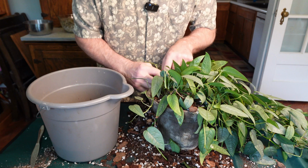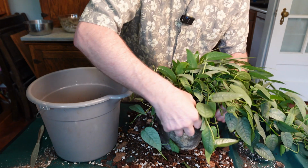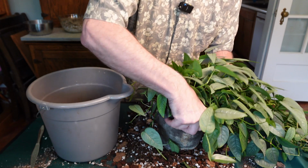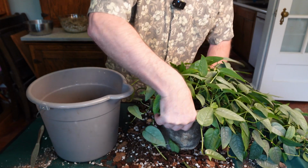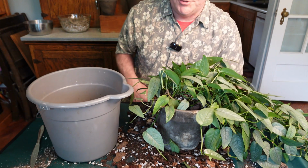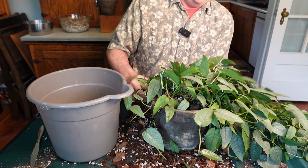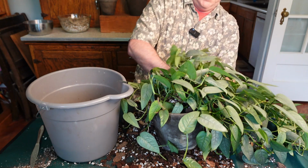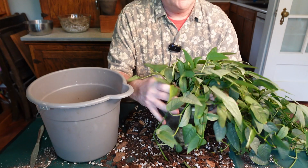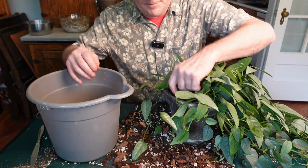And I'll just kind of gently push it in along the sides here, maybe not that gently, because otherwise, watering it through, you'll just create huge cavities in the pot. So back to what I was saying, I watched a couple of videos on this plant when